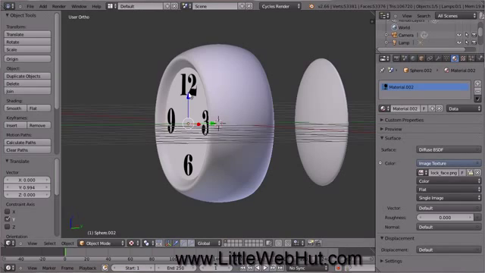Well, we've made the face of the clock, the body of the clock, and the glass lens that will go on the front of the clock. So that will conclude this video. In the next video, I'll demonstrate how to make the hands of the clock, the alarm bells, and the base of the clock. Then we'll